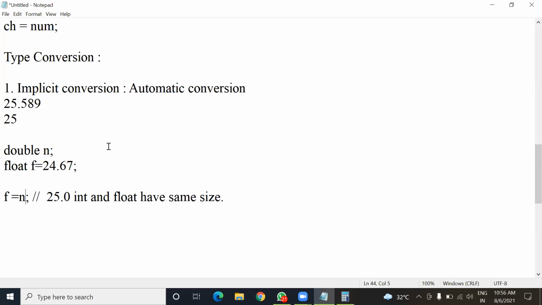So implicit conversion will take place only if we store a smaller data type value inside a bigger data type variable.